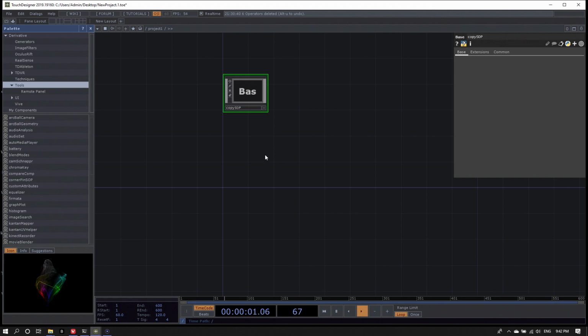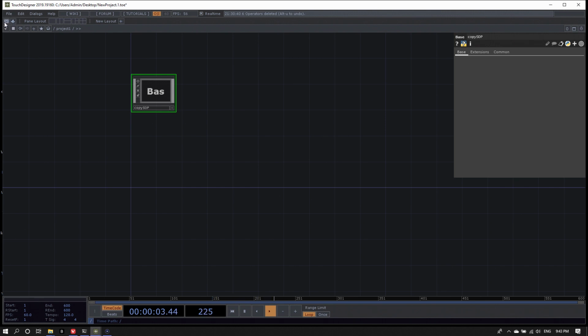Now, instancing is done on the geometry component itself. So perhaps a good way to start here is to go to the palette. If you don't have the palette open, it's this second little icon here right under the file menu. If you roll over, it says open palette.